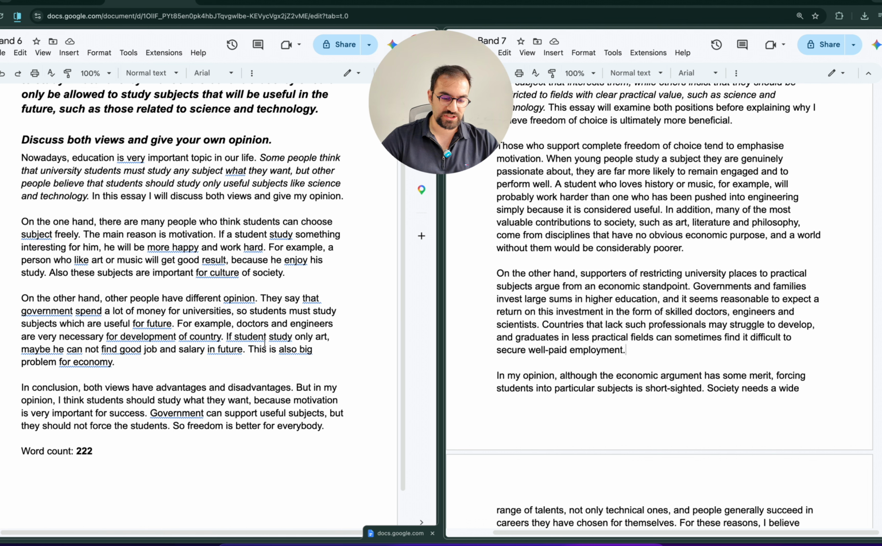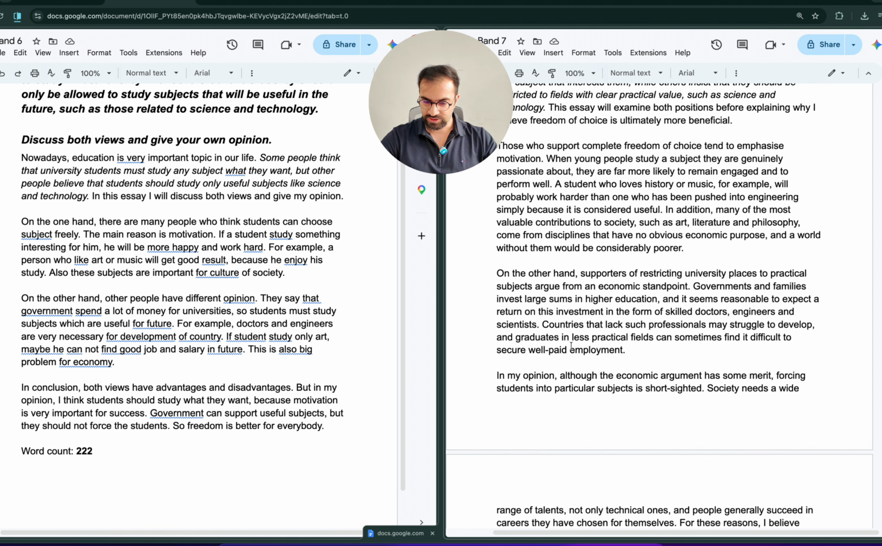If a student studies only art, maybe he cannot find job or salary in future, another problem, but how is it related to government spending a lot of money on education? This is also a big problem for economy. Again, the problem with this paragraph is that it doesn't hit the point, it doesn't hit the target. It gives some information, not bad information, but it is unstructured